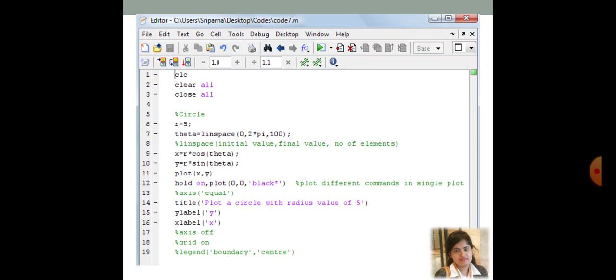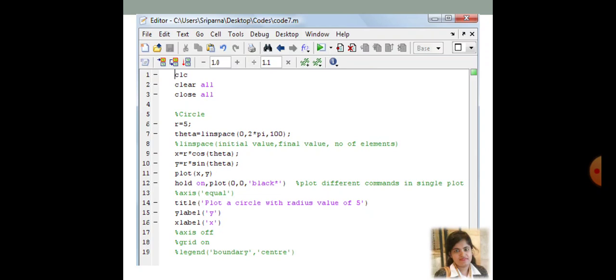Now that is the numbering in the axis. Suppose you need to turn it off, so that is the axis off. Now what is the function of grid on? If you are familiar with any type of camera, you are going to see that there is a function called grid on. So in that camera, if you turn the grid on, that means the total image will be divided into a grid.